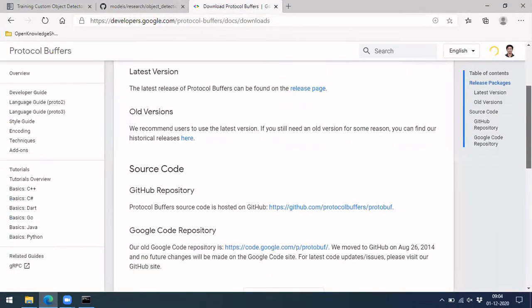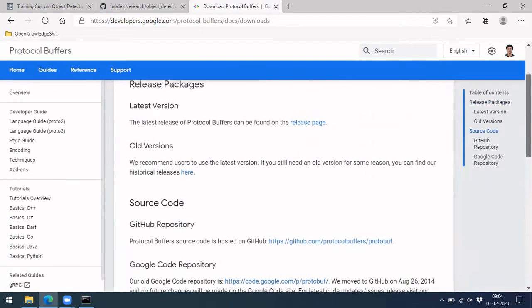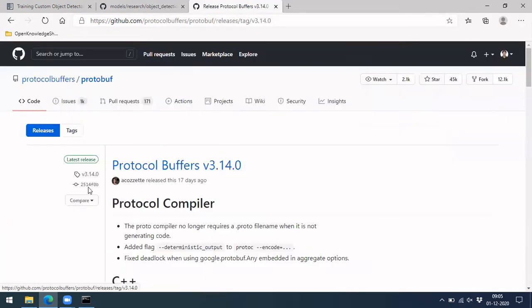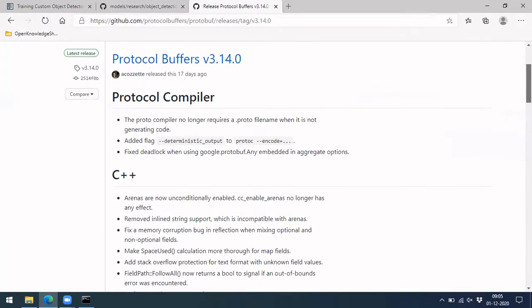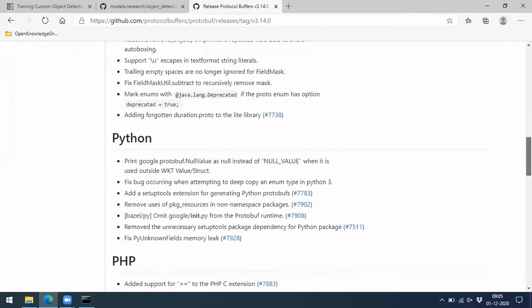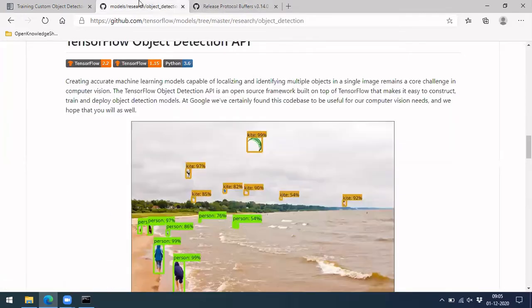You can go and download here. I'll send you the link in the repository. You can go to this release page. This is for Python, right? So go for Python, and download your package. Okay, this is fine.